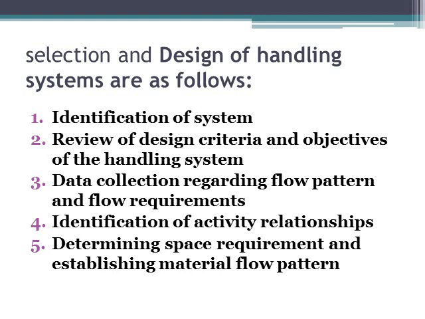Fourth one, identification of activity relations. We need to find an activity relationship diagram. Hope you are all remembering how to formulate an activity relationship diagram. For what purpose do we need it? The activity relationship diagram will give you the input on which equipments are connected to each other, which equipments have a strong relation, and which equipments do not have a relation.